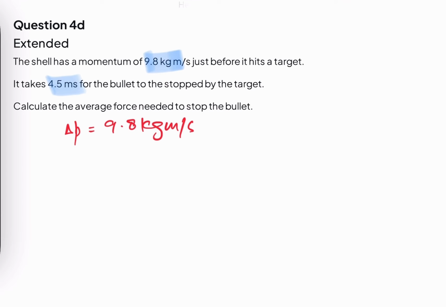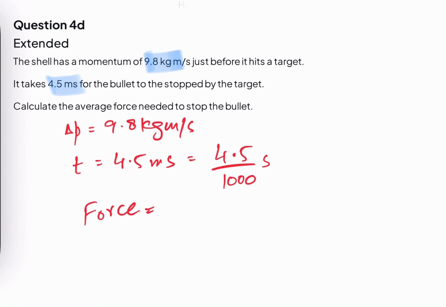Okay, so the time is 4.5 milliseconds, so it can be written as 4.5 divided by 1000 seconds. Okay, we have to find force. So force will be equals to change in momentum divided by time. So change in momentum is 9.8, time is 4.5 divided by 1000, it will give you 2200 newtons. Okay,